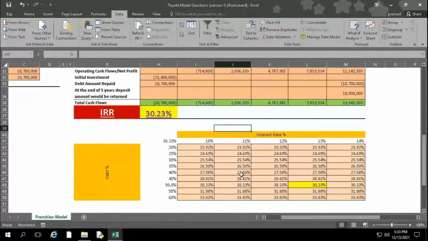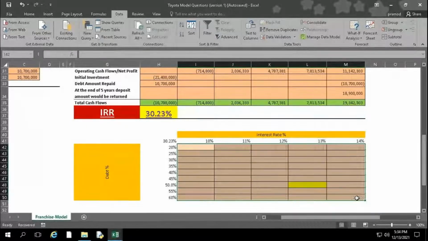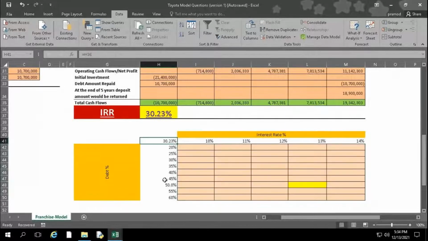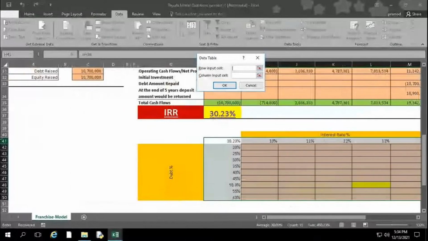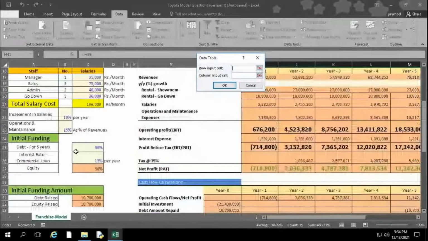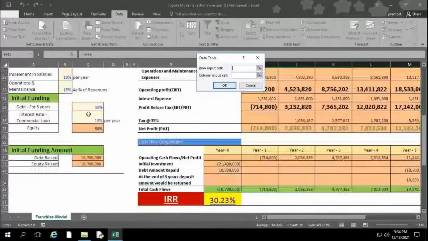So after going to the Data tab, which one do we have to select, sir? So once again I say, first here you take the ratio. This ratio you take as a reference like this. Select all the data. Go for What-If Analysis, Data Table. So row input value is interest, column input value is debt. So scroll up, take this one. For row input interest, column input debt. Then you click OK.